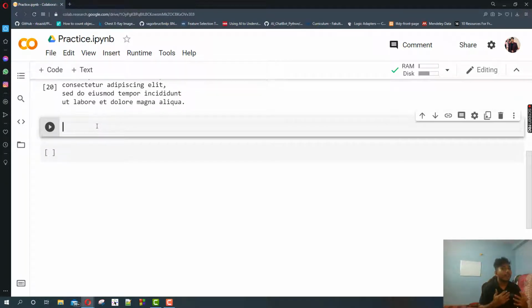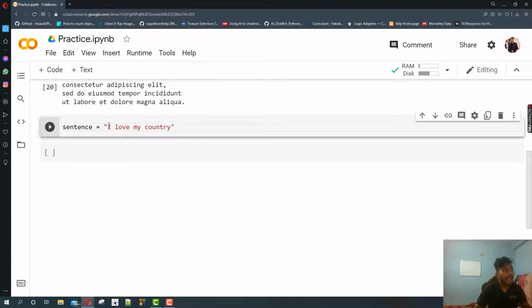Now I want to show you another thing. Suppose you want to search for a specific letter in a specified string. How can you do that? Suppose I am giving a variable over here, sentence, I love my country. Now how can you just print the value I?